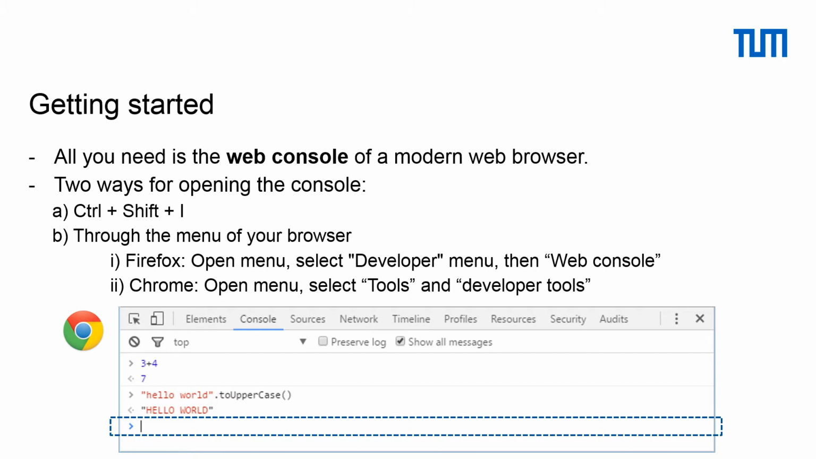There are two ways for opening the console. You can either press the combination of three keys, Ctrl, Shift and I, or you can open it through the menu of your browser. In Firefox, you click on Menu, select Developer menu and then the Web console. In Chrome, you also first click on Menu, then select Tools where you find Developer Tools, which will open the